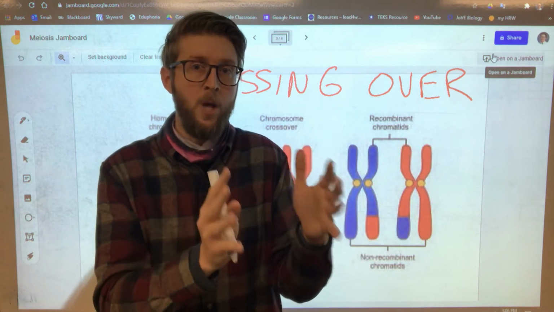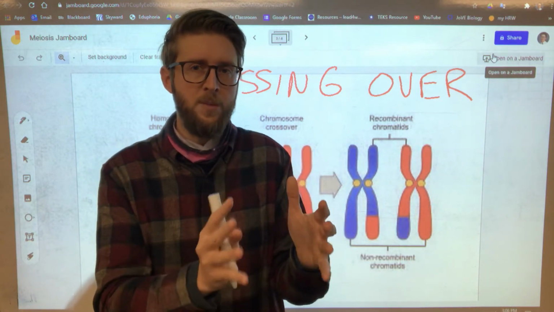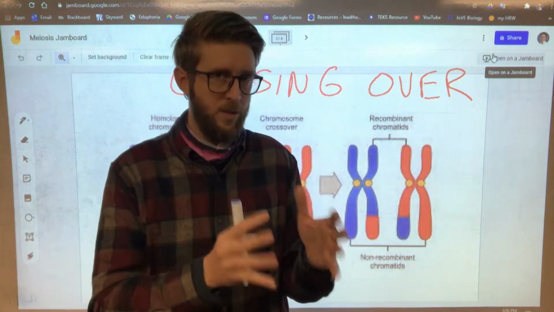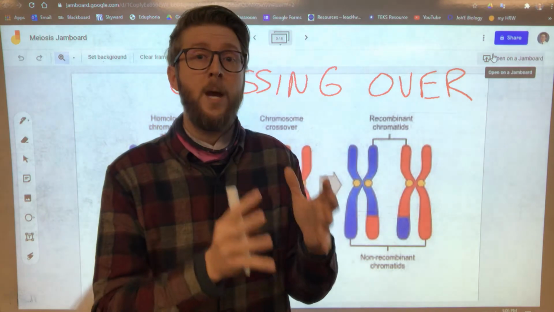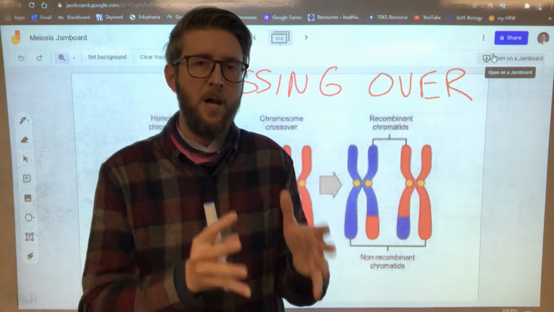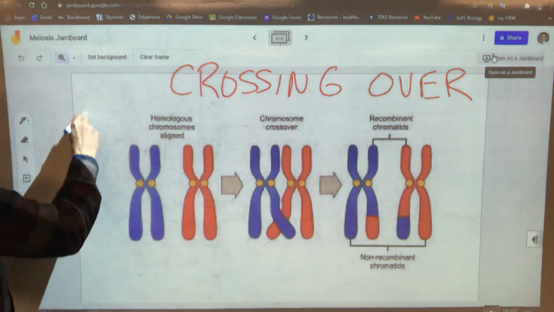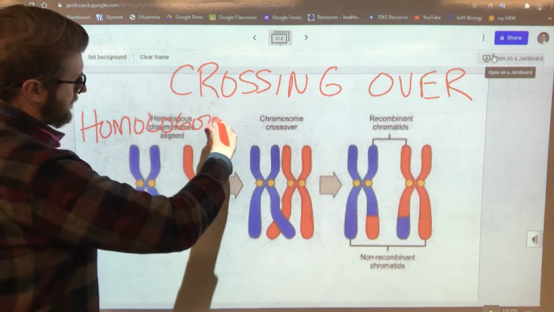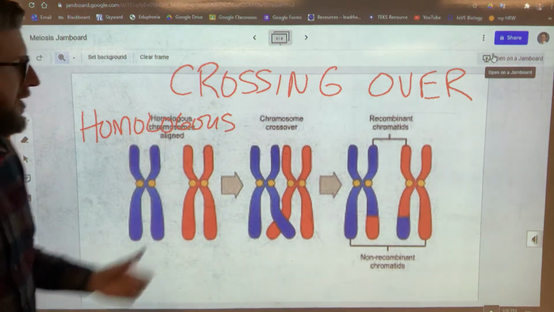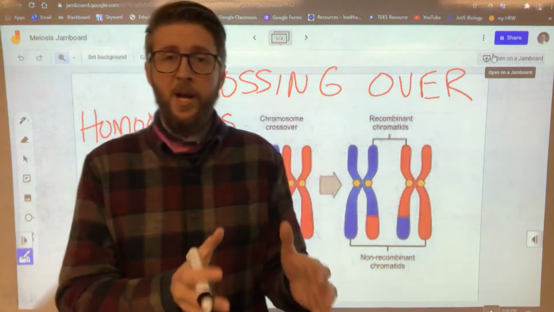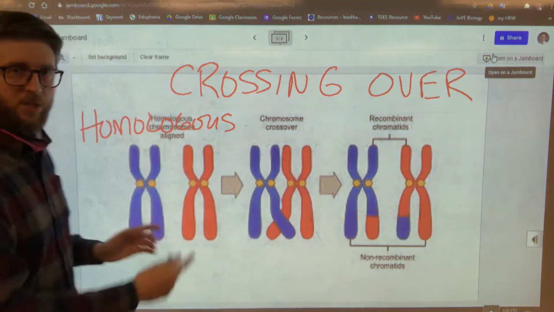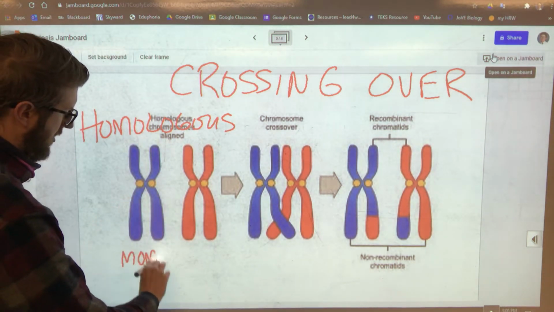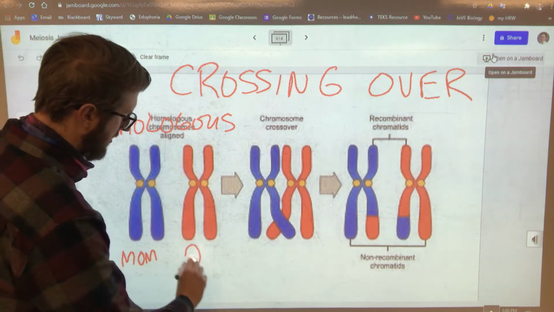So let's look at that 1 pair of shoes, okay? So these are 2 chromosomes that are just like each other, 2 of your 46 chromosomes that are just like each other, and they are a pair. And this pair we call homologous chromosomes. Homologous, okay? So in this pair of shoes, or in this pair of chromosomes, actually one of these chromosomes is from mom, and the other chromosome is from dad,